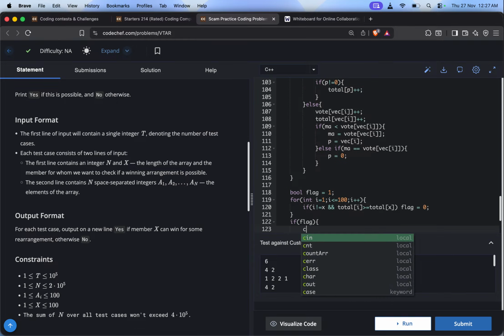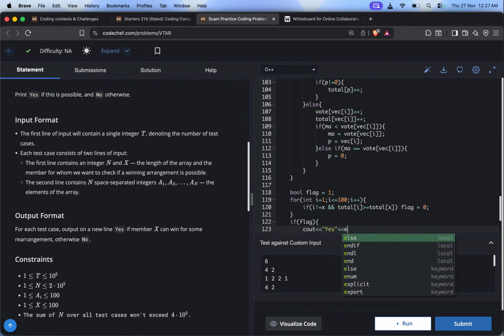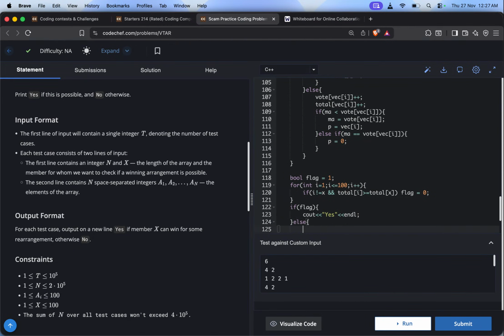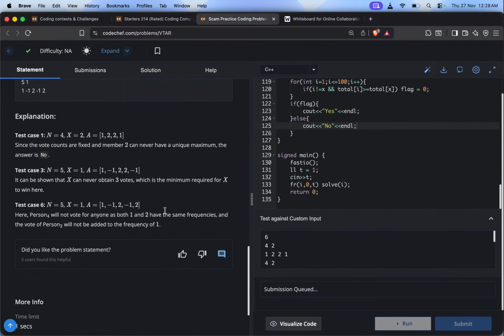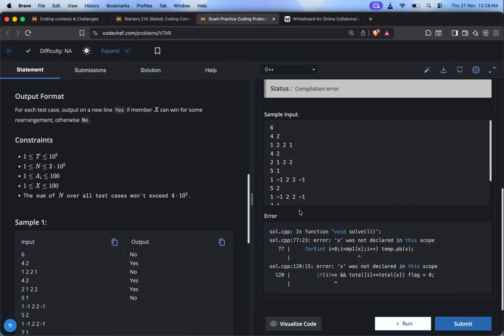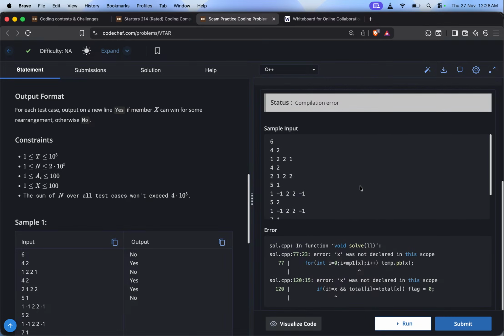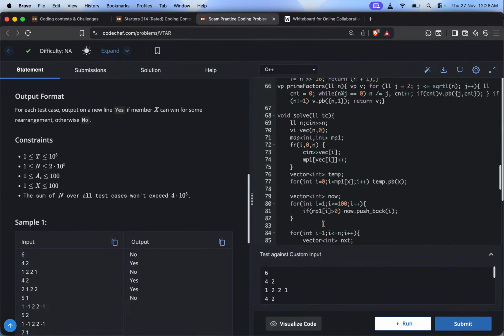If the flag exists, print yes, that he can win, else he cannot win. This is it. So we have not taken x as input,